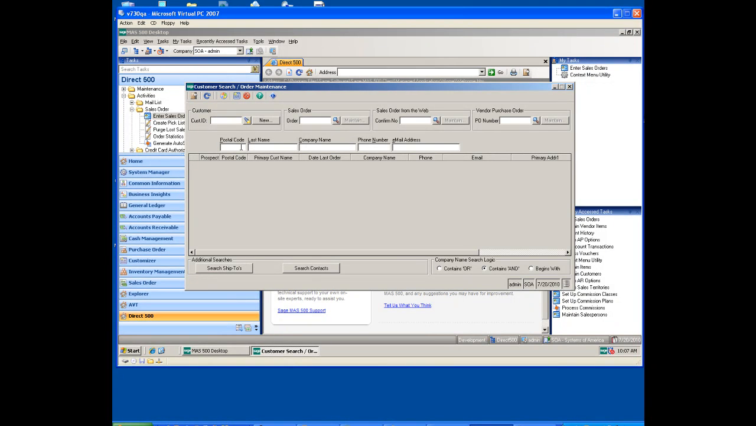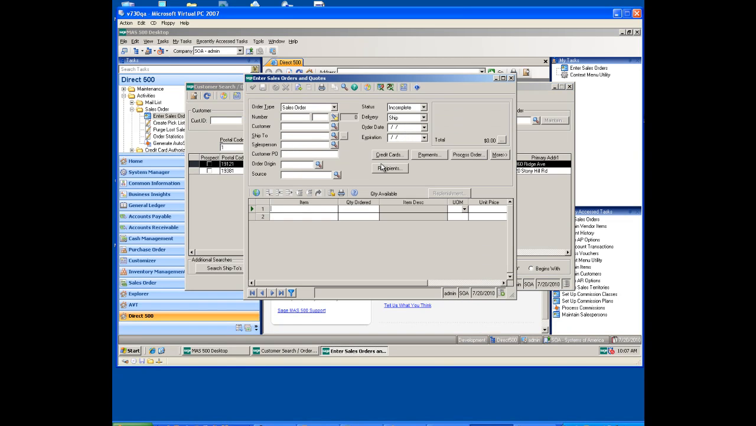So I'll enter a partial postal code and a partial last name and hit the refresh button. Direct 500 will go out and retrieve all of the customers and/or prospects that match that criteria. I see Taylor Business Systems here. That's the customer I want, and I simply double click on the customer, and Direct 500 launches sales order entry